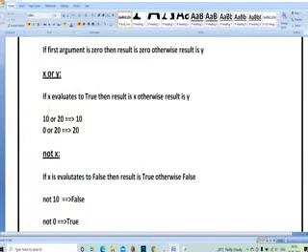Now see the OR condition. In this OR condition, if at least one value is true, you are going to get true. With 10 or 20, it will print any value by default. It may print the 10 value or it may print the 20 value based upon the system. Here, with 0 or 20, it will give either 0 or 20.